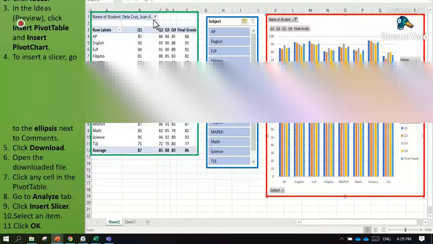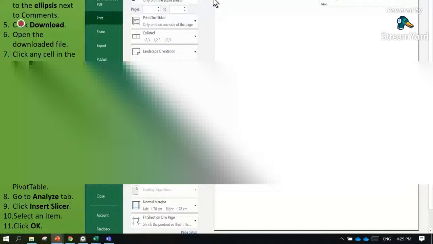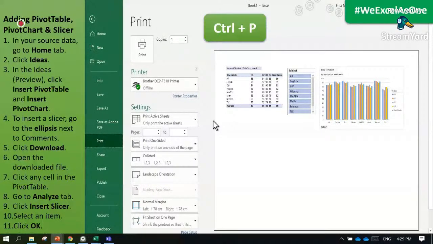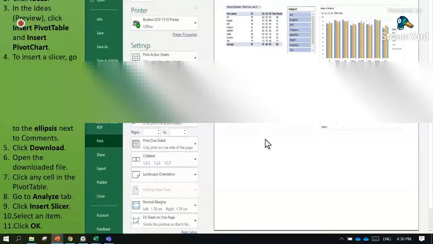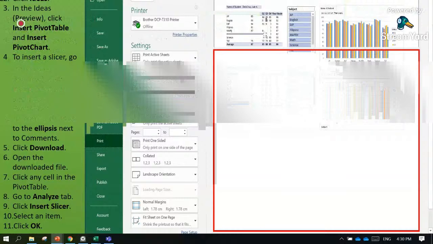We can have that more effectively than showing only numerical grades. And you can also print that as your grade slip for your students. So Control P and then print the dashboard of a specific student to use that as a grade slip. Okay, that is another application in using the pivot table, pivot chart, and the slicer.